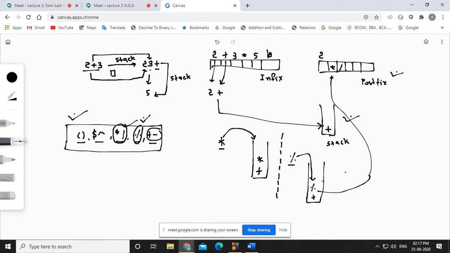That is the rule. Another case, suppose any student has a question in mind: okay sir, let's suppose my stack has a plus sign and a minus sign, and another plus comes. Then what do you need to do? Plus and minus have the same priority. If the same priority is there, then again you need to pop it. Fine, so this is popped and goes to the postfix. Then the next operator is again a plus. Plus has the same priority, so this plus will again be popped out into the postfix. Your stack becomes empty, and when the stack becomes empty, you can push this plus into the stack.